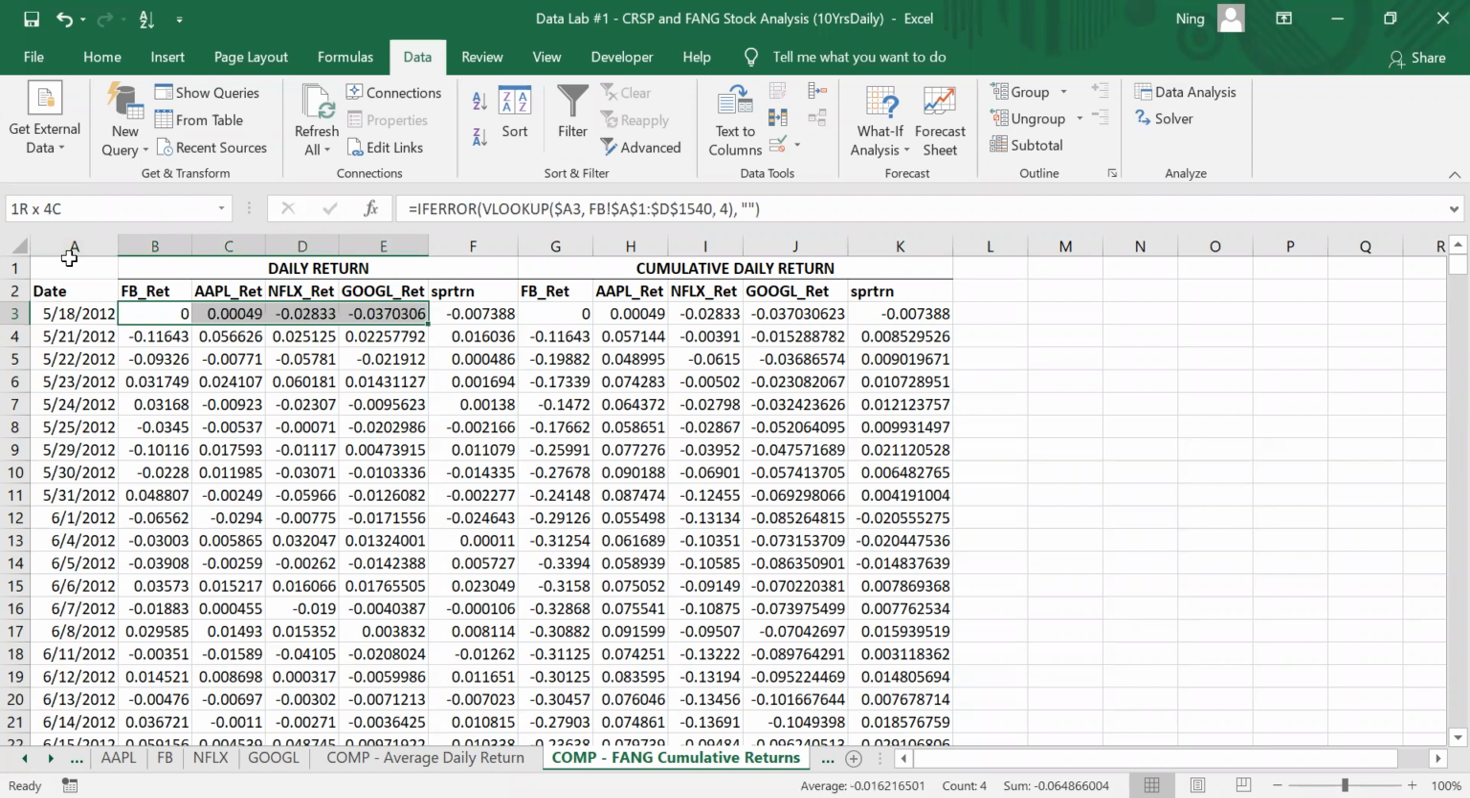And then I'm just going to go ahead and use VLOOKUP to look up the individual daily return for each of the 4 companies. And to compute cumulative daily returns, I need to compound based on the previous day's return. So, and then minus 1. So for Facebook, for example, the first